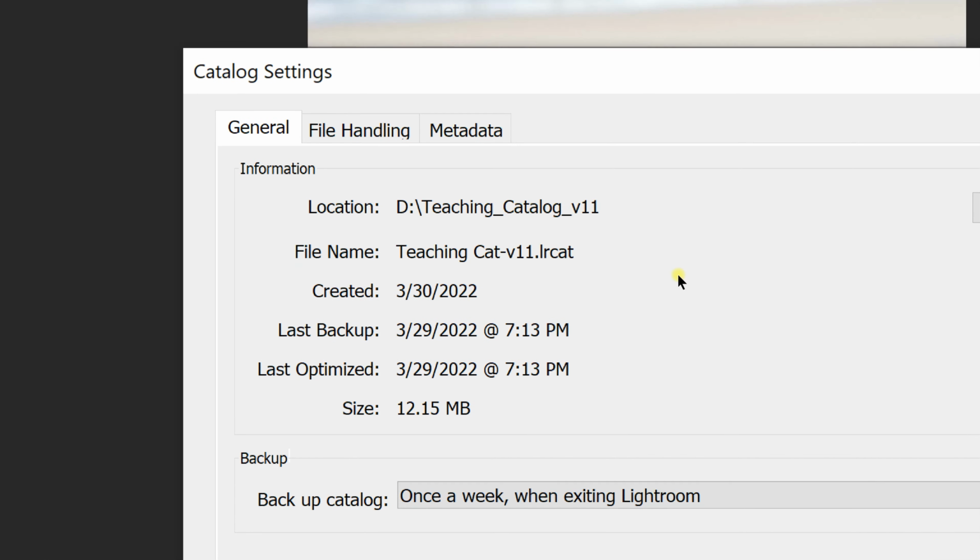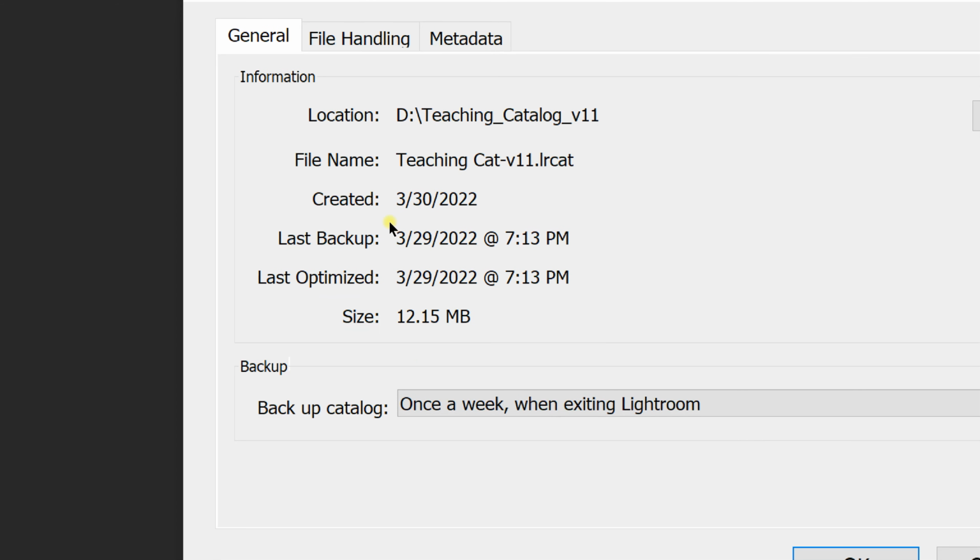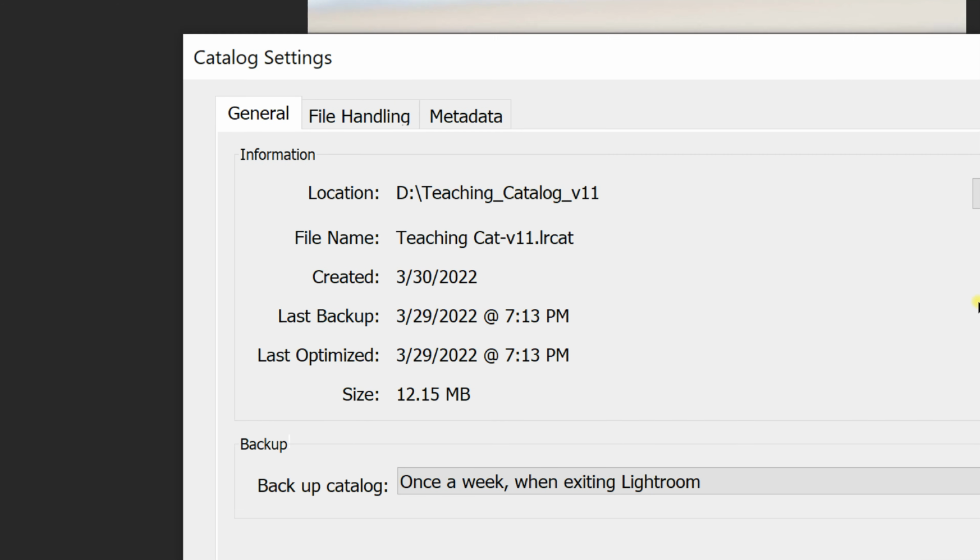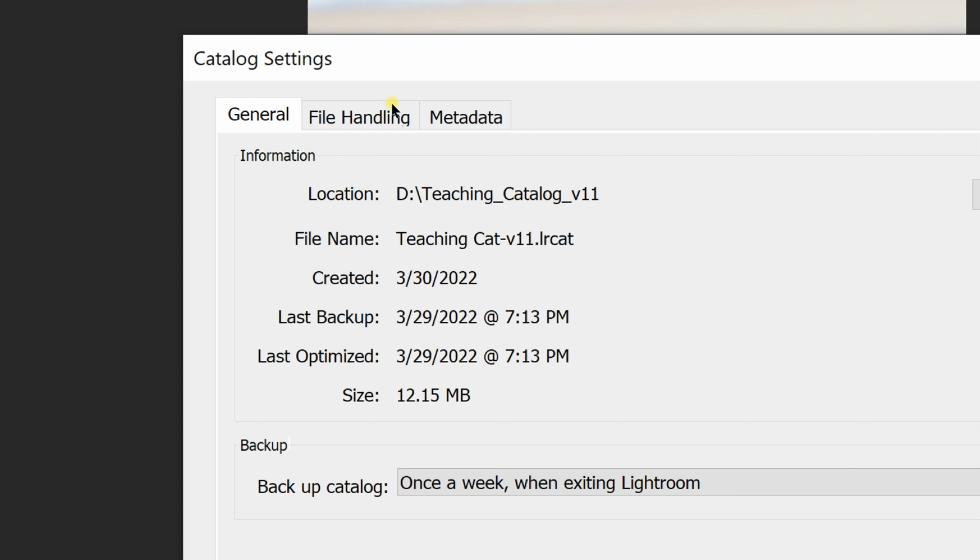So we have 3 tabs here. The first one is general, and it says backup, catalog, and then the default is once a week when exiting Lightroom, and that should be sufficient. Ideally,